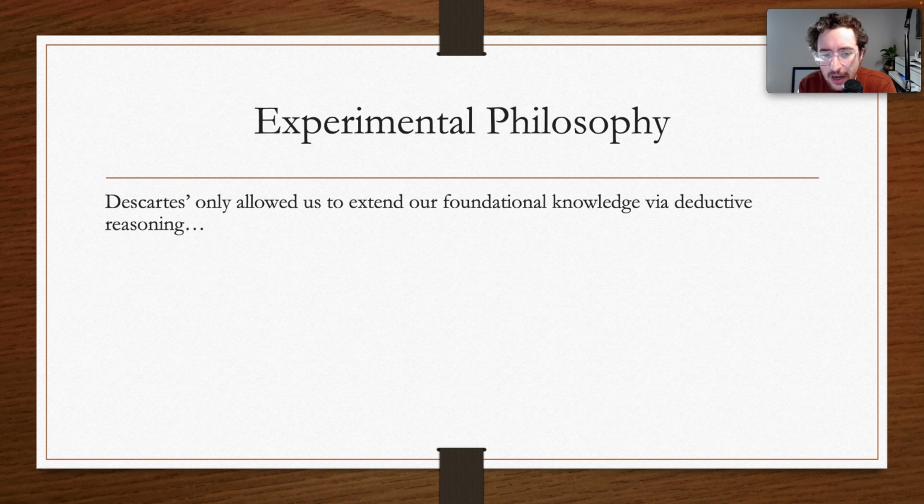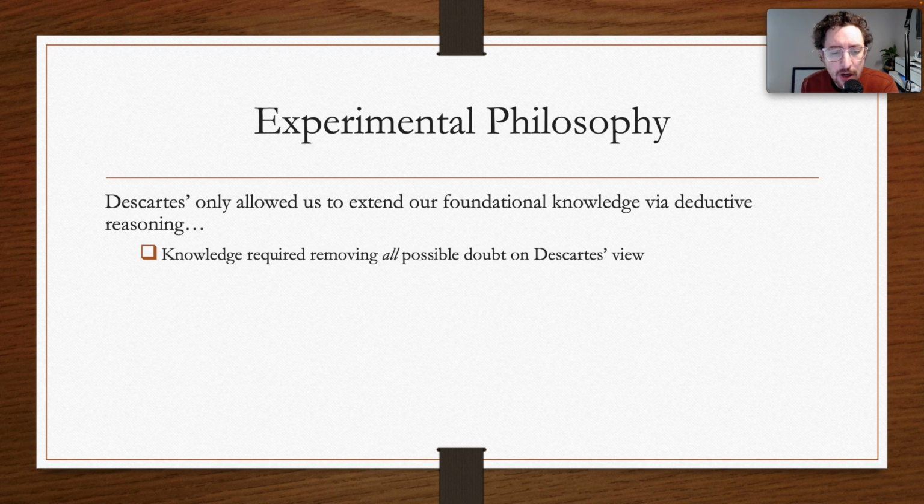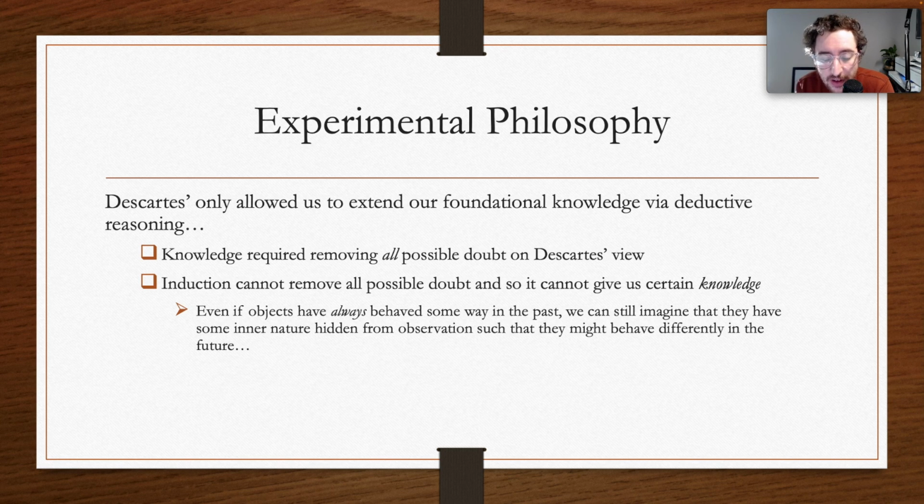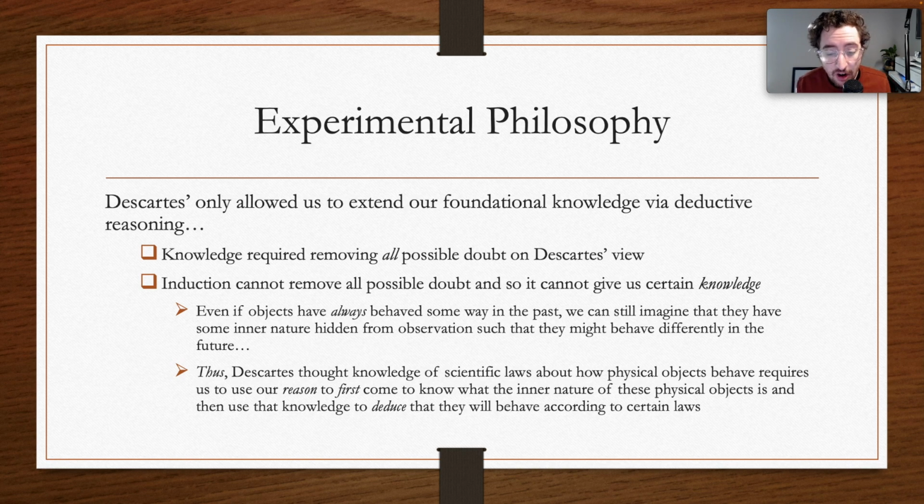Now, Descartes, however, only allowed us to extend our foundational knowledge using deduction. According to Descartes, knowledge requires removing all possible doubt. But induction can't remove all possible doubt, and so it can't give us certain knowledge. Because even if objects have always behaved some way in the past, we could still imagine that they have some inner nature hidden from observation, where that inner nature will cause them to behave differently in the future. And so Descartes thought